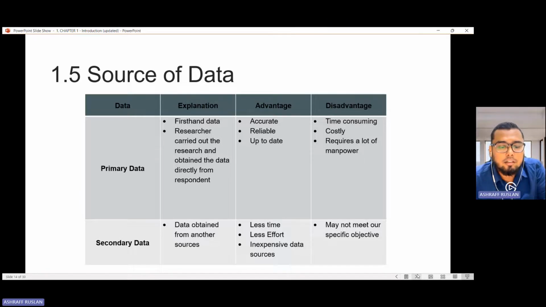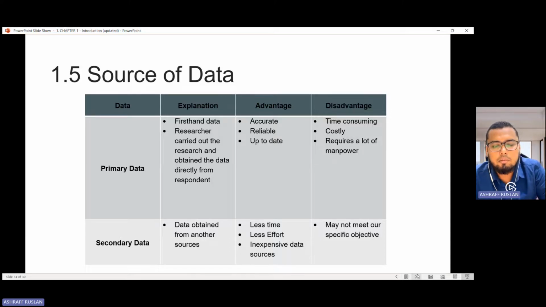Okay, so primary data ni sangat-sangat costing, tetapi advantage-nya kita akan dapat accurate, first hand, up to date data that we intend to obtain. Tapi kalau secondary data pula, they are those who have already compiled the data, summarized the data.